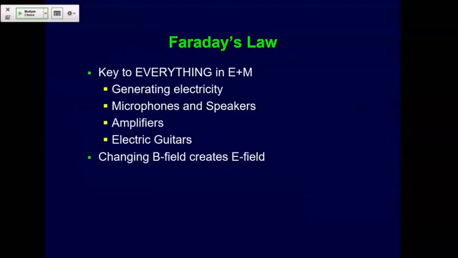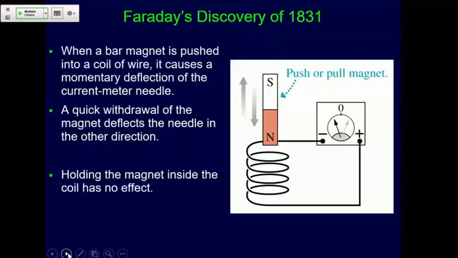So we're going to spend some time talking about this. To start off, we're going to show a couple of things. This idea was first seen in this experiment here. Faraday discovered this, and basically what he did is he just had a loop of wire, and he discovered that if you put a magnet inside that loop of wire and move it over here,